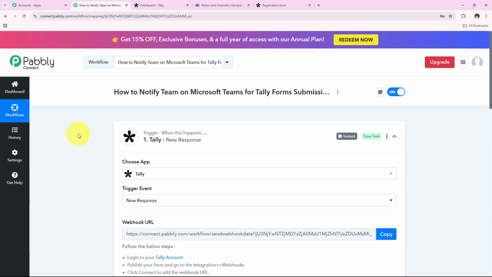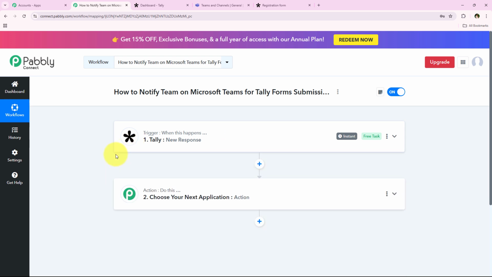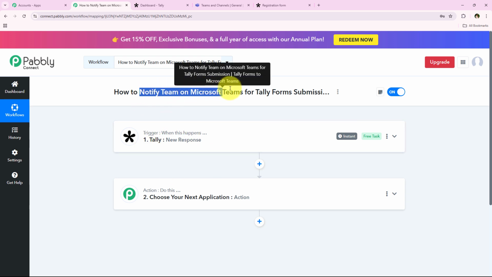So yes, with this we have successfully completed our trigger step. Now what will happen is that as soon as a new form response is submitted in my Tally, Pabbly is automatically going to capture the response and trigger this workflow. Further, I want to notify my team on Microsoft Teams for Tally form submission,